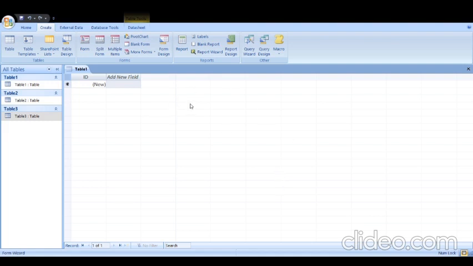This is the layout of the form. Which type of form do you want to create? You want a column, a tabular, a datasheet view, or a justified one. Whichever type you want, you can choose. By default, we are taking a column. Click on next. Sorry, I think there is some problem in my system, so I'm not able to use it. Then save it, and when you click on next, whatever formatting you have done, you can choose the table from there and then click on finish.